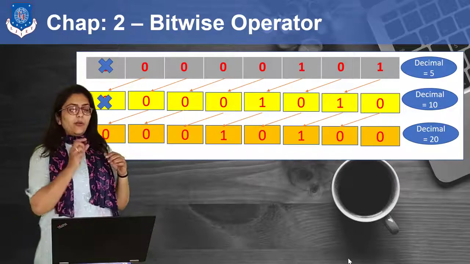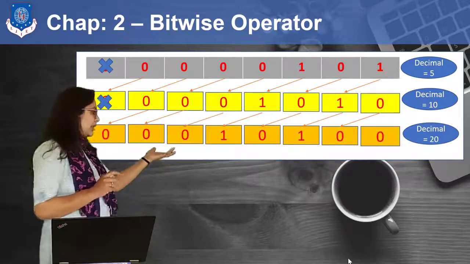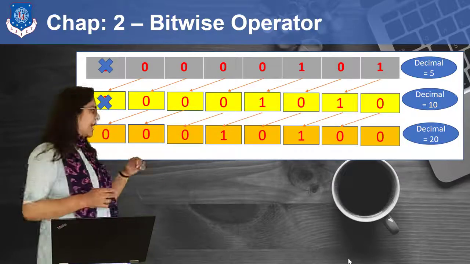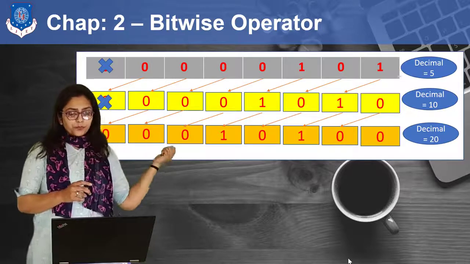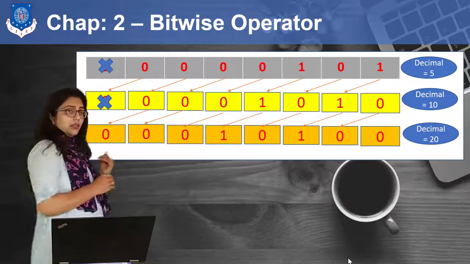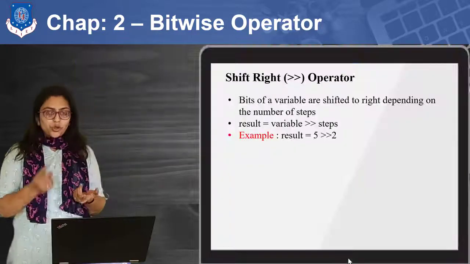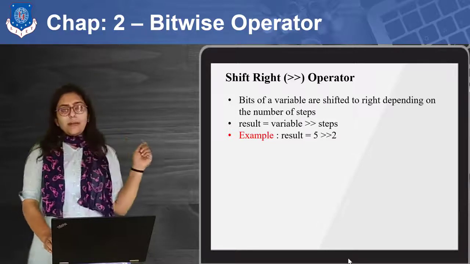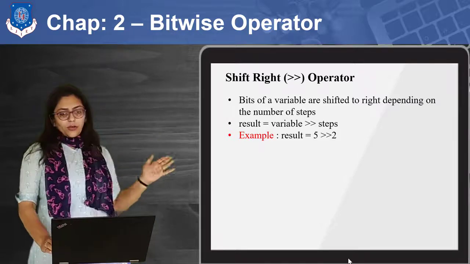At that time it will be decimal 10, and when it is shifted to the left again, it will be 20. So every time we are shifting left, it will be multiplying by 2, right? And the other bits on the right side will be 0. So we are padding it with zeros. Here 2 zeros will be padded because we have shifted it 2 times. You can consider this figure over here.